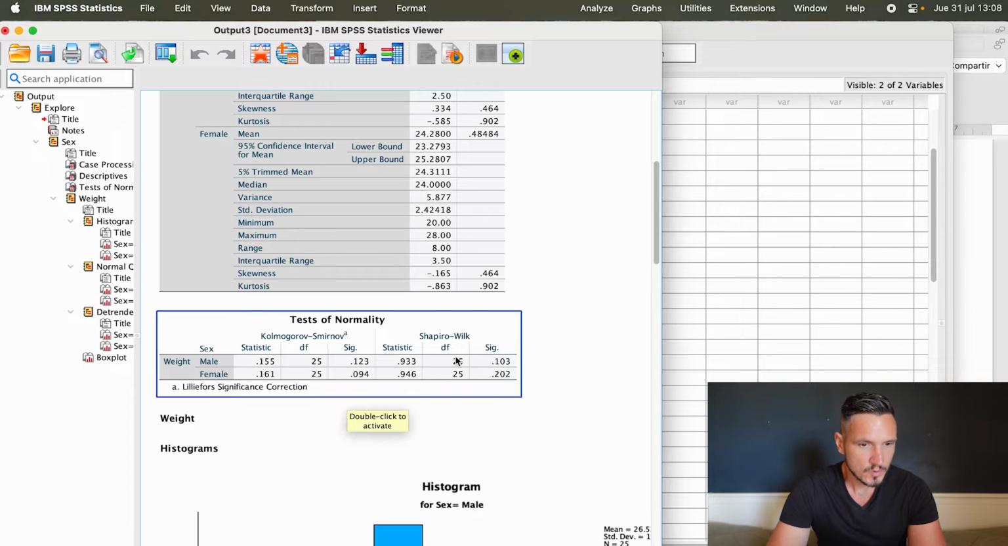We can see here that we have 25 males and 25 females, so I'm going to focus on this part of the table. The most interesting thing is the sig column. For males we have a sig value of 0.103, and for females we have a sig value, or a p-value, of 0.202. So these are both above 0.05, and